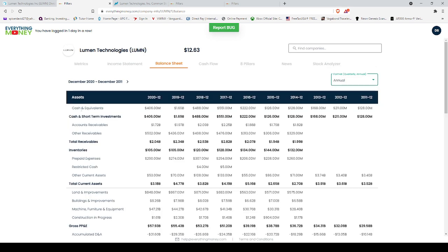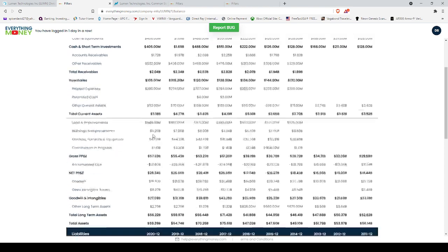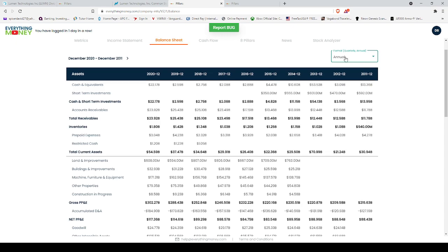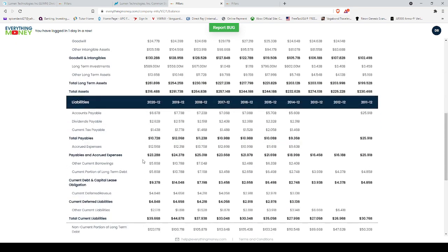We'll go with the annual balance sheet here, and we'll see that their total current assets are just over $3 billion. Their total current liabilities, however, are more than twice that. This, again, is very alarming. Everything I'm seeing about this company is really starting to scare me. Now, to be fair, telecoms generally operate at a deficit. If we were to look at some other telecoms, say Verizon, for example, they're sitting at $54 billion versus,